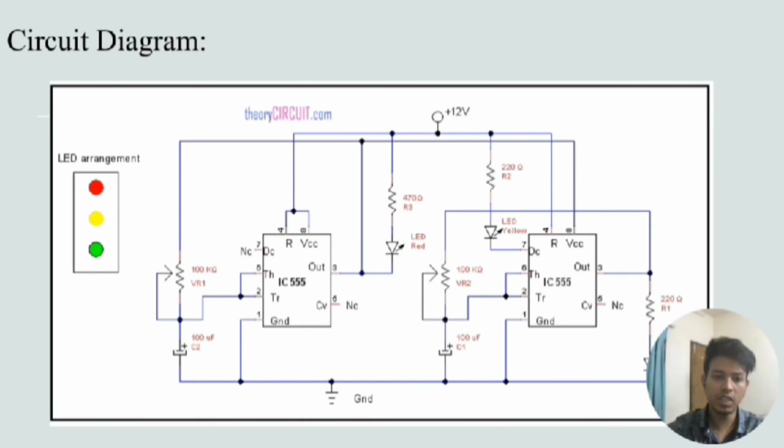The connection of the LEDs is as follows: the red LED is connected to the output of the first 555 timer, and the yellow and the green LEDs are connected to the second 555 timer, in an alternating sequence. Now to the testing. Once all components are connected, we have connected the 12 volt DC power supply, and we have checked if it is working or not. Since it is working,